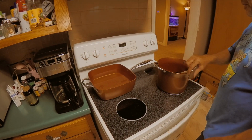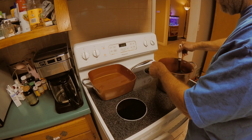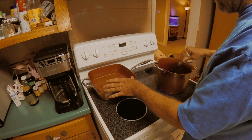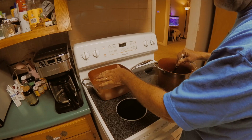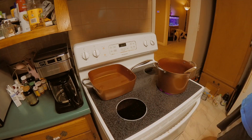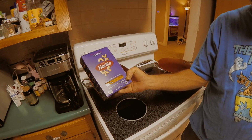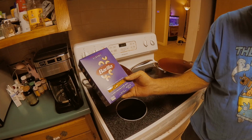Okay folks, while you're cooking your hamburger and your onions in one pan, get another pan, a second pan, and fill it full of water to the level that you would fill it to cook pasta in. You will need 1 pound of Barilla macaroni. Cook it to